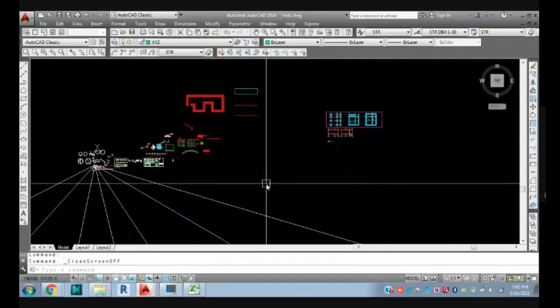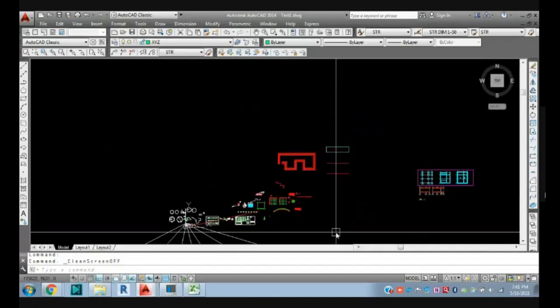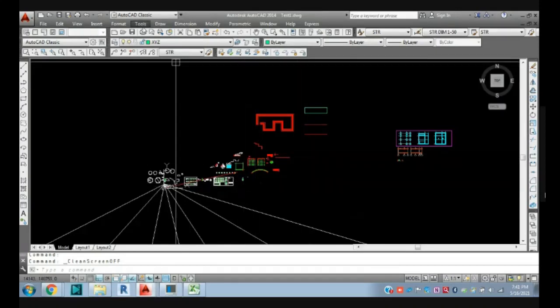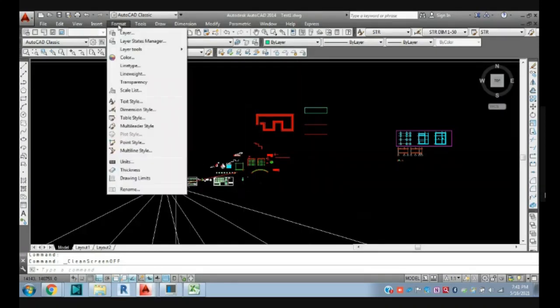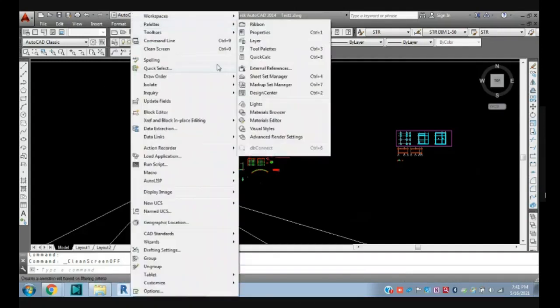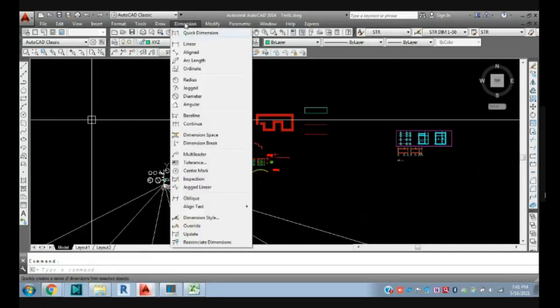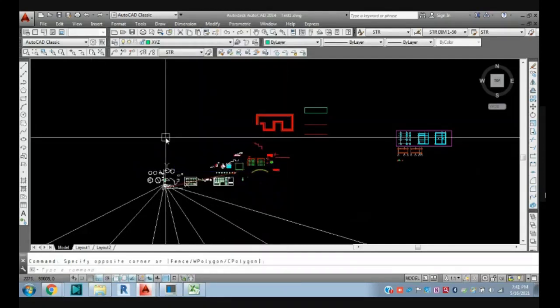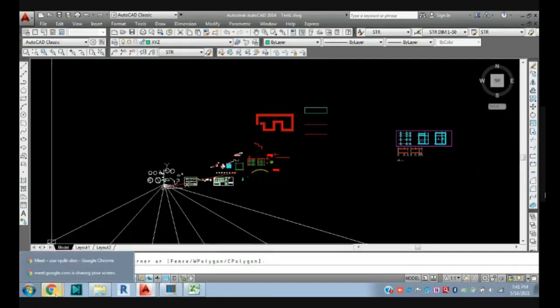So those are the things. Okay, I think we have finished all those things. If you have any question about what we have seen in format, draw, dimension, modify, then creating the PDF, you can ask.